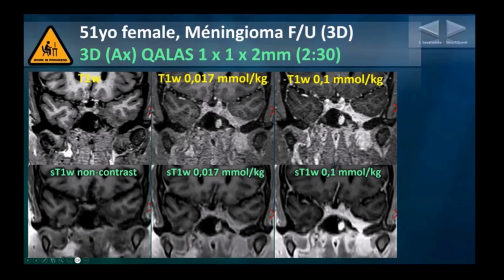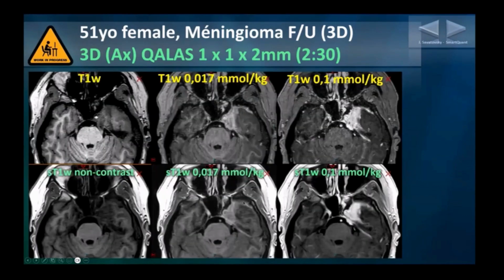In the upper line, you have the conventional weightings, and we have done it with the full gadolinium dose, but in the middle, we have done it with 1/6 of a dose, so a very low dose of gadolinium. And as you can see, with the SyntheticMR generated images, we get a very good contrast, even with a low injected dose of gadolinium. And those are the actual slices on which you see that with the full dose, the meningioma is very well depicted, but with the reduced dose, it is still very well visible, and it's not inferior to